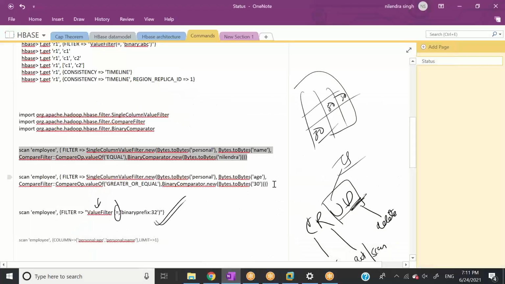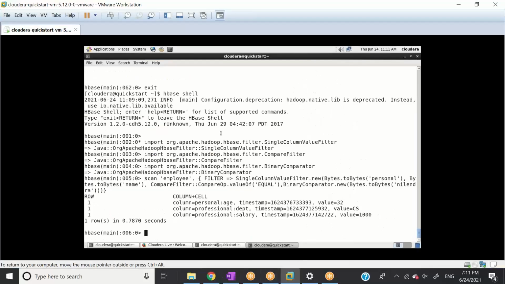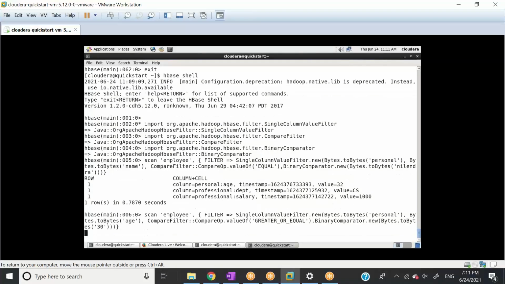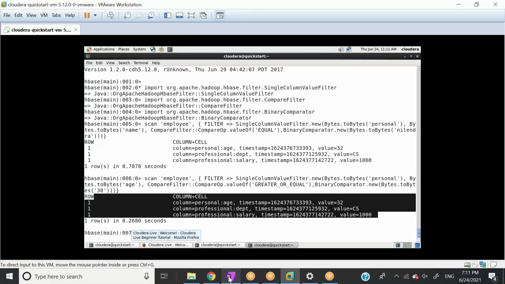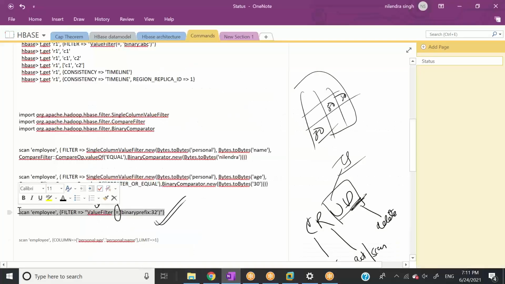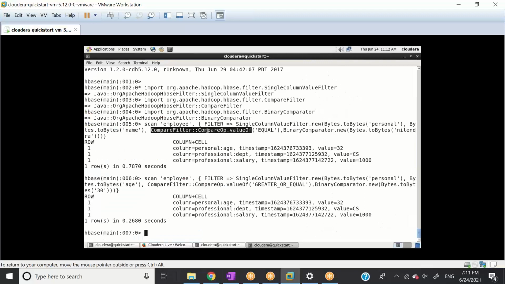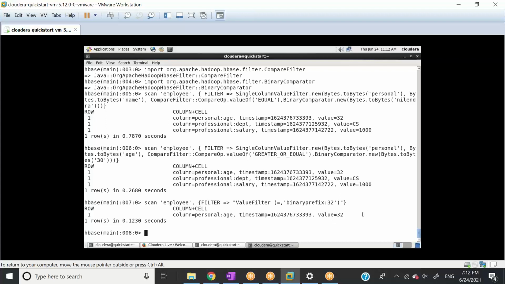Now, if you get stuck like this, where results are not coming even though they worked before, just restart HBase and the region server. Again it gave me everything where the value of age is greater than 30, so it again gave me my name. Now let me run this command as well. Scan the employee table and give every value which has 32. It only gave me one row because it has only one row.